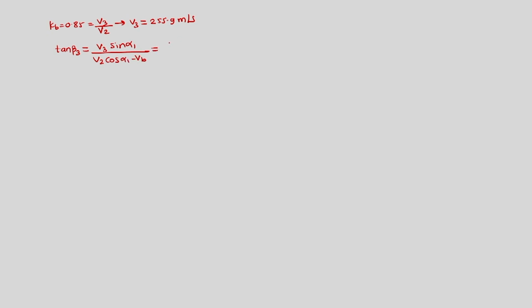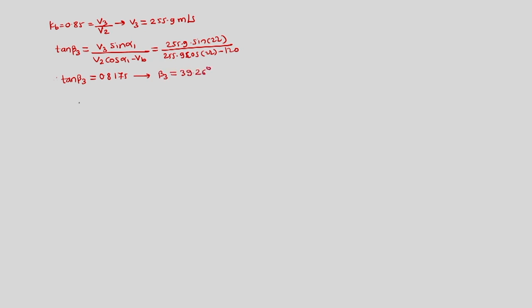Alpha 1 is given as 22, so 255.9 into sine of 22 divided by 255.9 into cos 22 minus 120. This gives us tan of beta 3 equal to 0.8175,